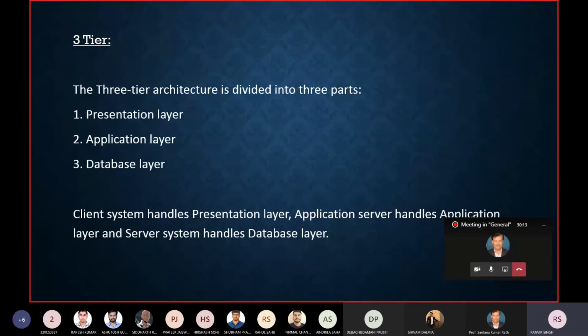The client system, the host, handles only the presentation layer. The application server handles the application layer, and the main server handles the database layer. So this is three layered, three tier.